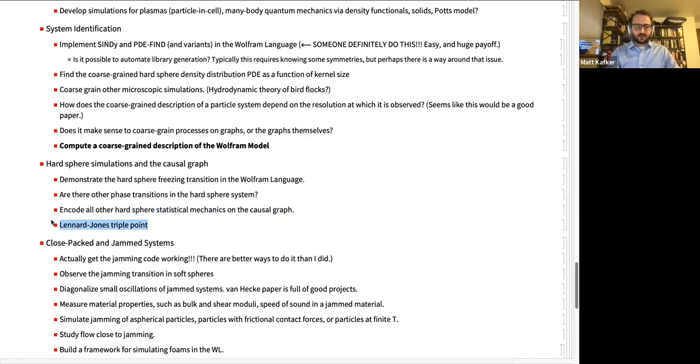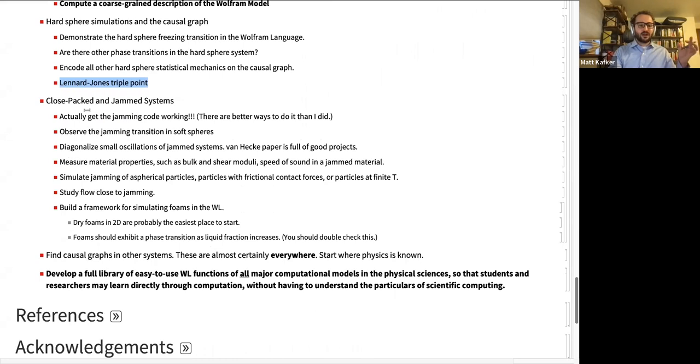And then there's more mundane stuff, like the melting transition in the hard sphere gas occurs at a well-defined density. I haven't reproduced that. I don't really know what that means, but it would be really cool to see unequivocal evidence of a phase transition in our hard sphere code to show that it's really capturing all of the various areas of parameter space that people know about in these simulations. That's a really cool question.